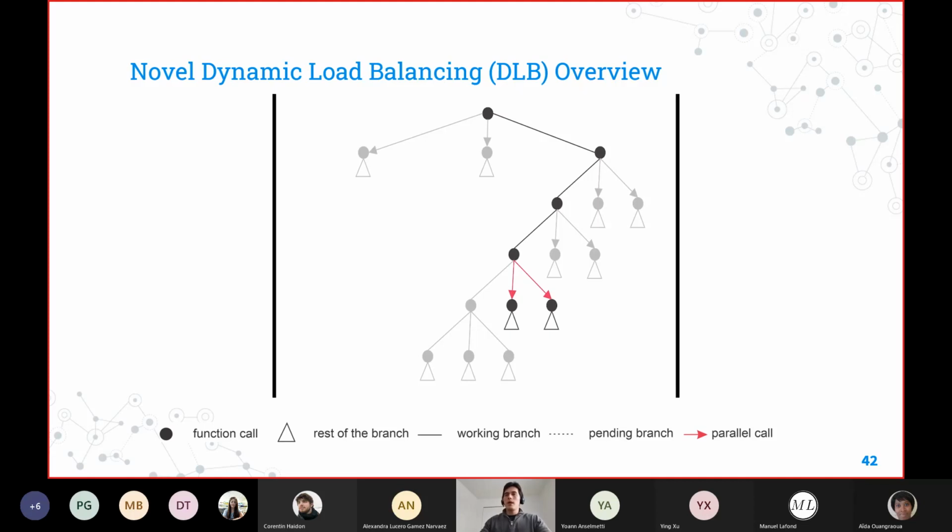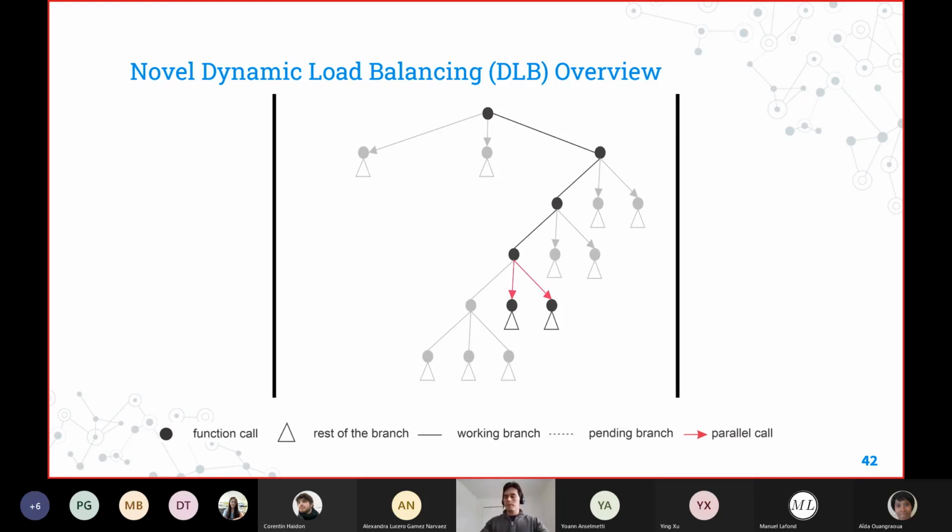Also, since we are pushing shallower branches, when we have this problem of one processor waiting for the result of the other, and then the other and the other, we are reducing how many times we actually face this kind of issue.